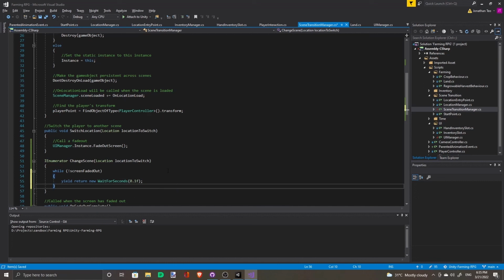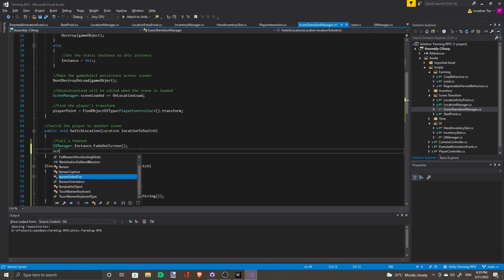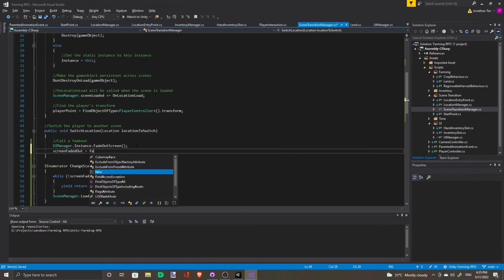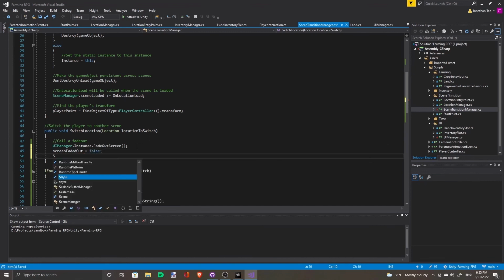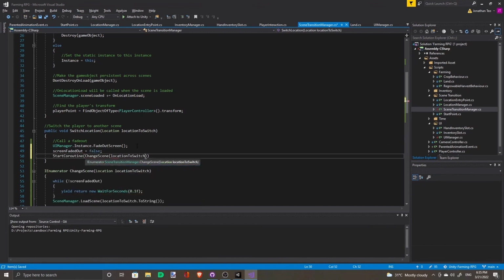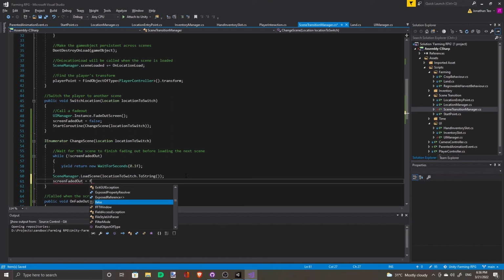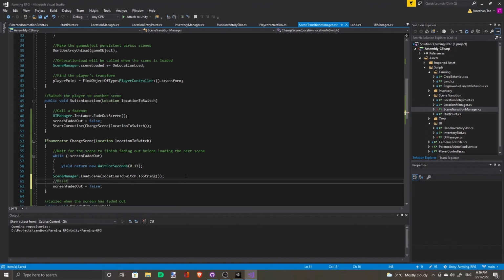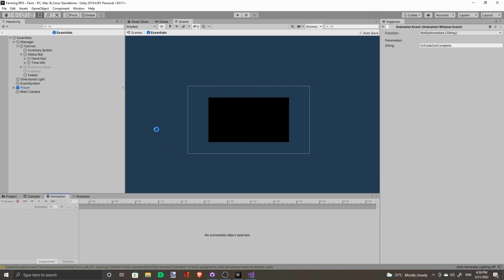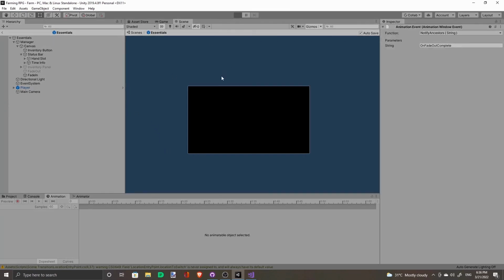We'll check every 0.1 seconds before we load the scene. So screen fade out, it stops, then we call the coroutine. And then we reset the. Let's see if this works.